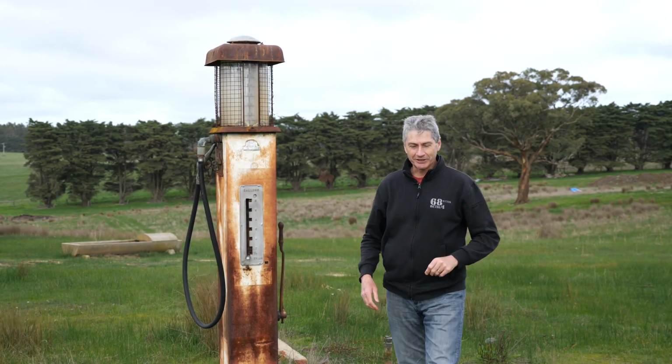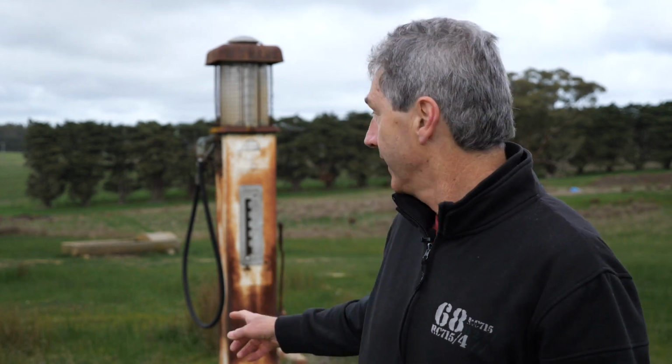Wow, what an absolutely fantastic subject matter for a nightscape image. Now, this old Bowser is sitting out here in the open on this farm property, way off the beaten track. And if it hadn't been for Ian, I would have had no idea that this was even here. So he suggested we come and shoot it, and I want to go through some of the details of how